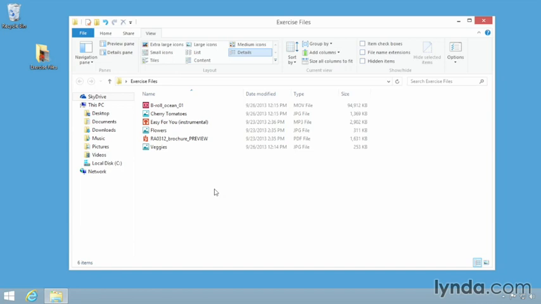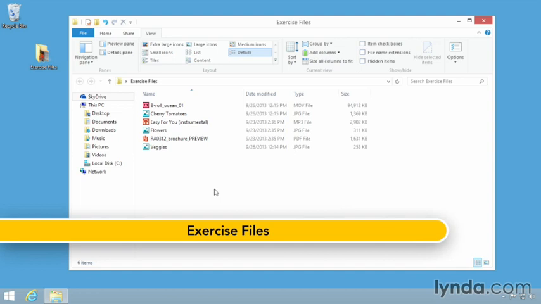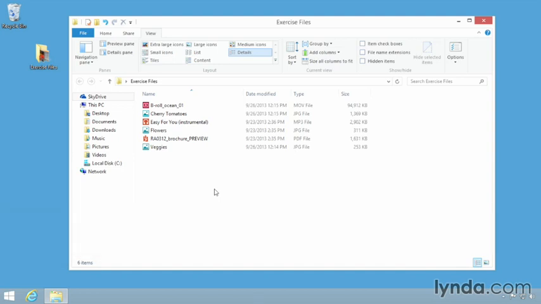When working with File Explorer here in Windows 8.1, you have full control over the behavior of your folders and files, the way they display information, what information is being displayed. We're going to focus on that right now as we continue working with our exercise files from the previous movie. We opened this up just by double-clicking exercise files. And if you've jumped to this movie,